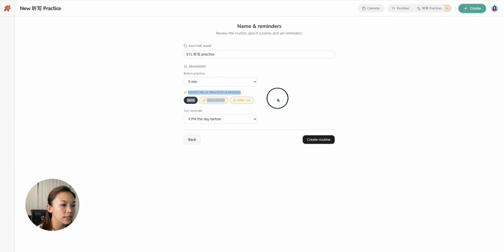And for this next step, this is a function that is only available for users who have the Tingxie Plus routine. So if you would like Toshi to remind you if your child has not yet practiced Tingxie, you can also select notify me if practice is missed. And if I click 30 minutes, what this means is if on Tuesday at 4:30 she hasn't finished her Tingxie and she didn't mark as complete in Toshi app, at 5 o'clock, you will receive a notification